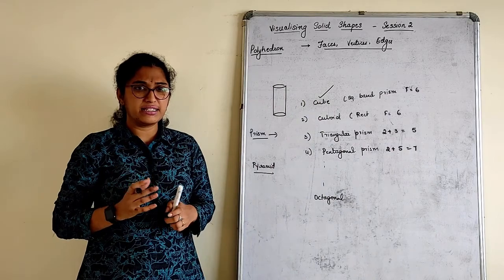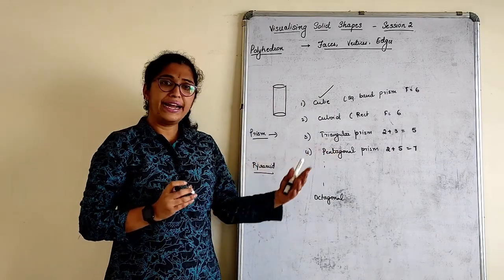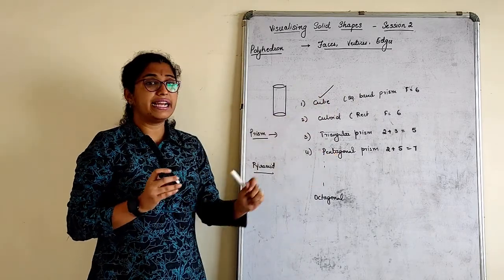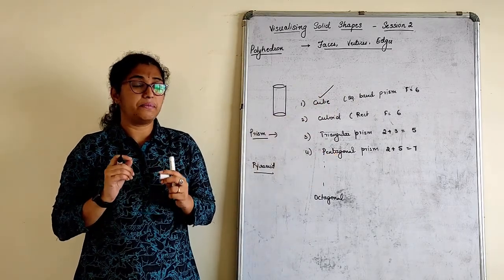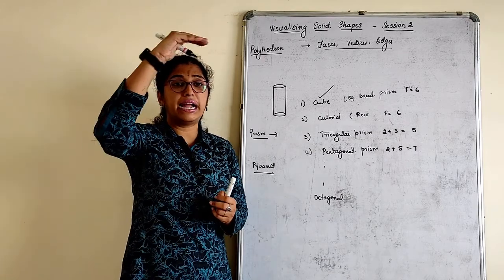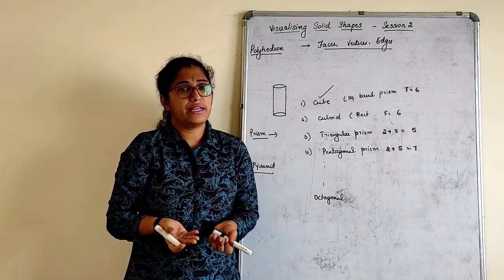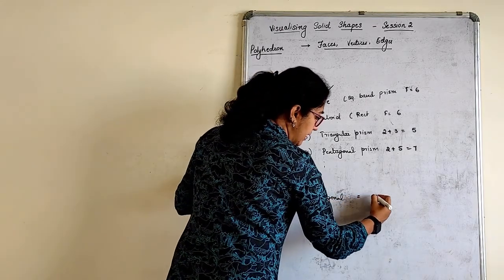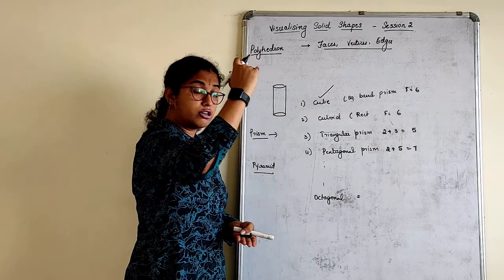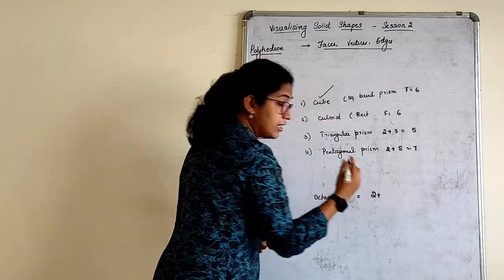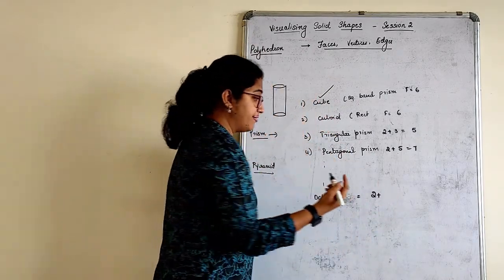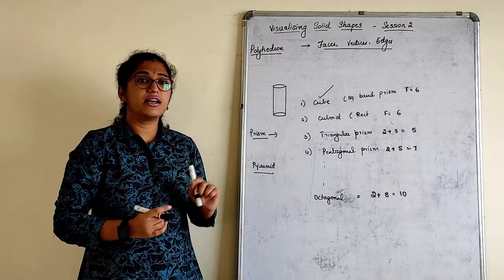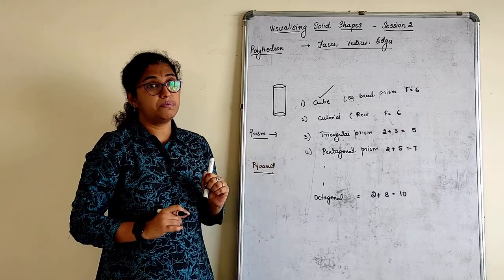Understood about faces here? So, for a prism, to identify faces, edges, vertices, I'll teach that later again. So, how do we identify a prism? We identify a prism based on the base and the top. Top and base are always congruent. Octagonal prism, let's just write. How many faces will it have? First of all, top and bottom, 2 octagons, right? Plus, how many rectangular faces will it have? 8. It has 10 faces. This is how you identify the faces of a prism.